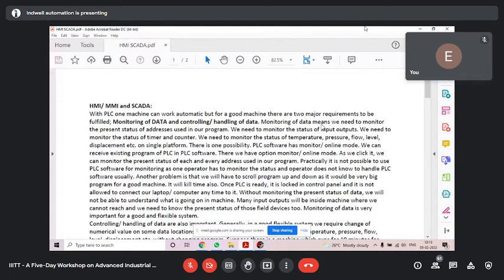Why? First of all, one operator has to operate the machine. The operator does not know how to receive the program, how to communicate, how to go to monitor mode. We cannot connect our laptop to the PLC every time. An operator cannot do all these things. First practical problem. Second,